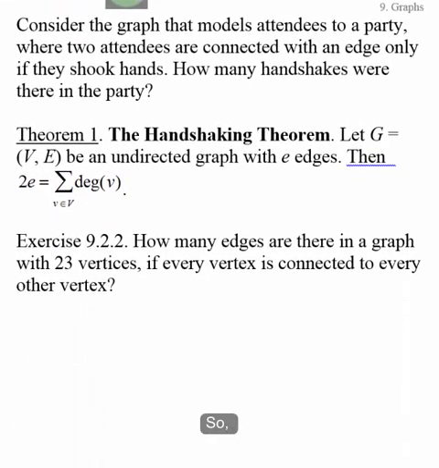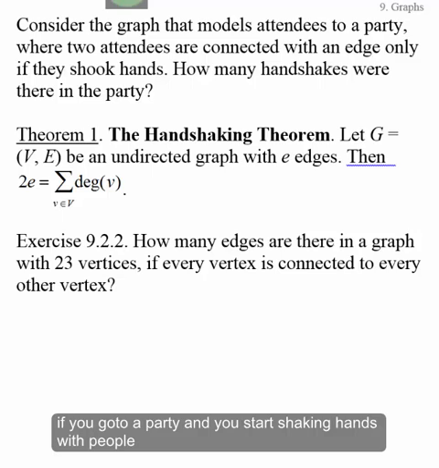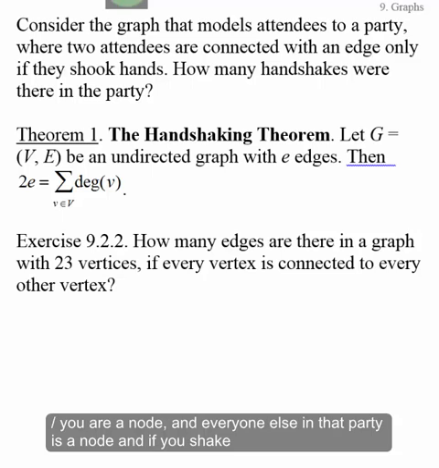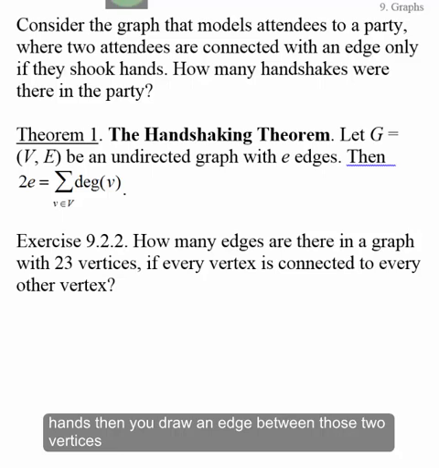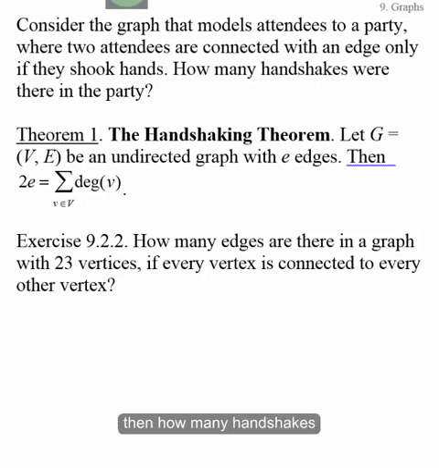So if you go to a party and then you start shaking hands with people, and you're a node and every person in that party is a node, and if you shake hands, then you draw an edge between those two vertices, then how many handshakes are there in that party? So assuming that you build a graph in that way, then